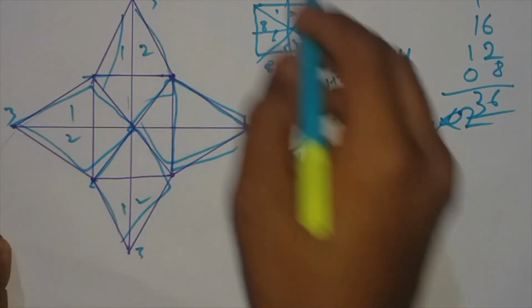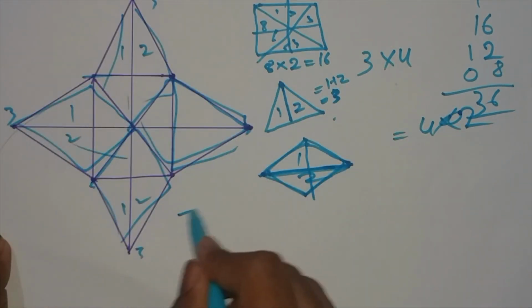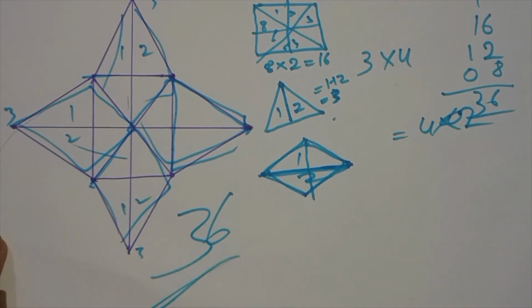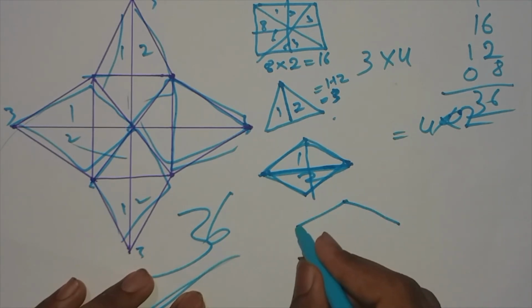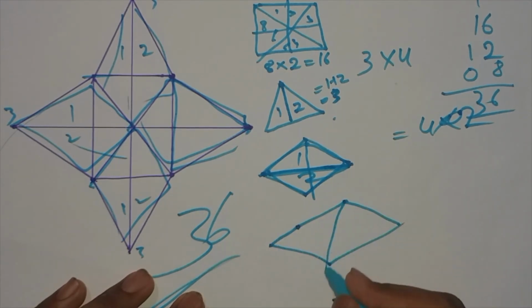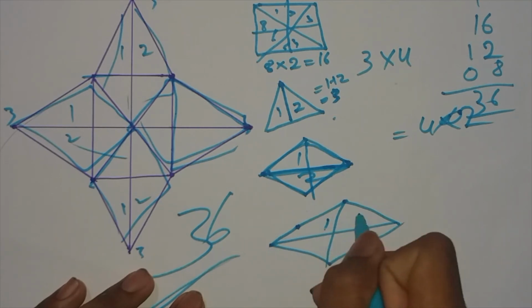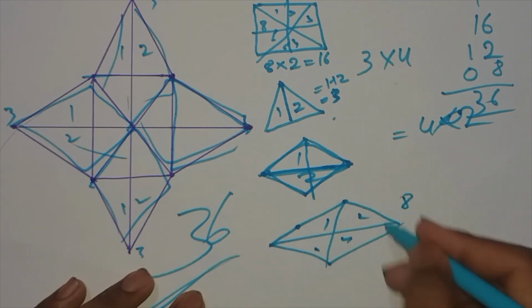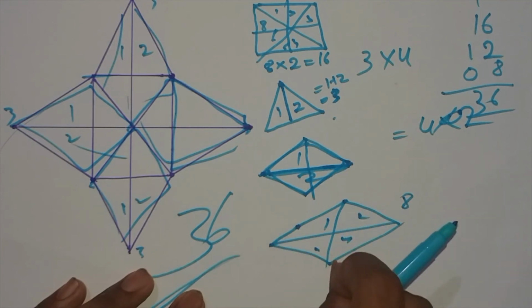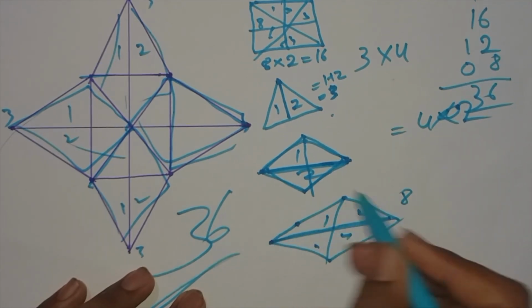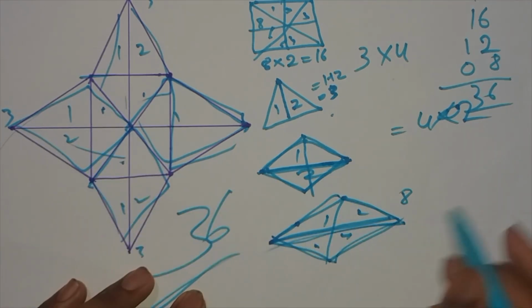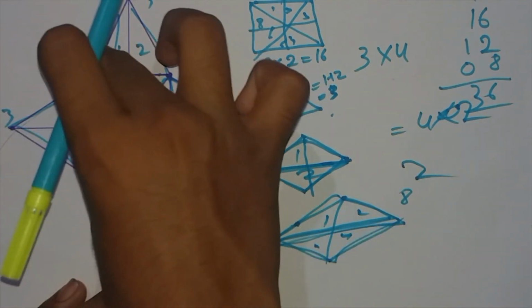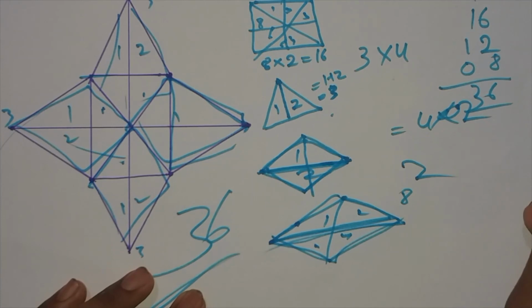So how many triangles are there in this? So total there are 36 triangles. For your easy understanding, this is the last division, right? So don't do it as 1 2 3 4 and make it into 8 triangles. This is not the concept. The concept is we have calculated these parts, so make it into one bigger triangle. This is one bigger triangle. So there are 2 bigger triangles. So consider, there are 4 types like this. That means 4 into 2 is 8.